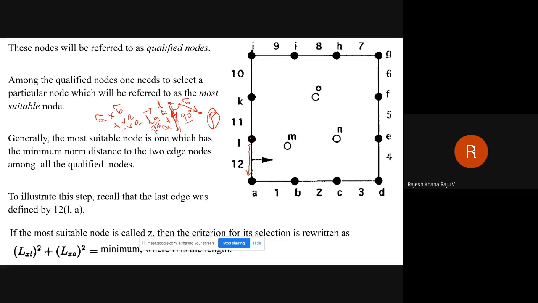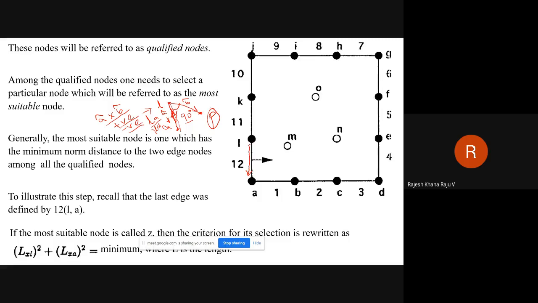So with respect to L to A, if you consider any point on the boundary, you just ensure that the unit vector for that particular point will be taken from L to that point. Then you go for a cross product and check whether it is positive or negative. If it is positive, then it is good enough and we say that it is on the left hand side.